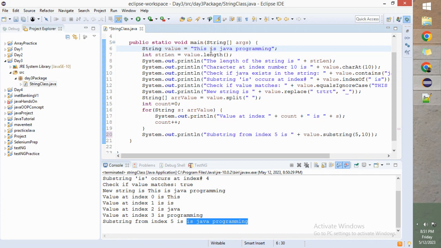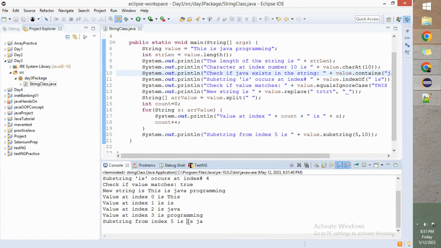So 5, 6, 7, 8, 9 and 10. Okay, so between 5 and 10, it will start with index number 5, and for the 10th index, it is the 10th index minus 1, so it is going to return you till index number 9. I got to know about this just a few days back. Earlier I was thinking that it will return till whatever index I've mentioned over here, but I was wrong. So you will see what I'm trying to say. If I execute this now,